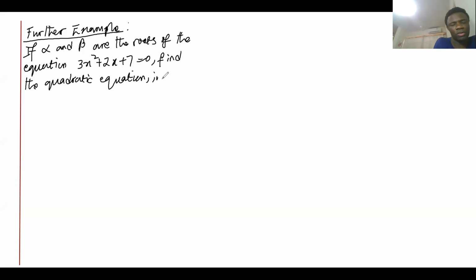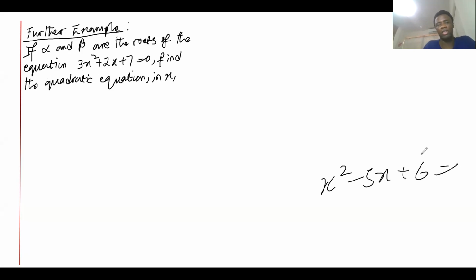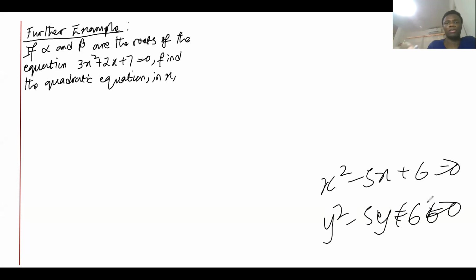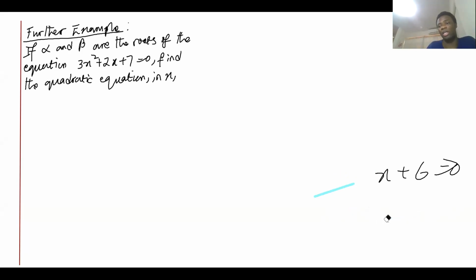in X. In X means the answer should be x squared minus something x plus something, right? If I say in Y, it means you should have something like that. Does that make sense? Yes. That's the purpose of the in X. So normally, if in X is not indicated, of course, X is mostly what we use. So, okay, find the quadratic equation in X whose roots